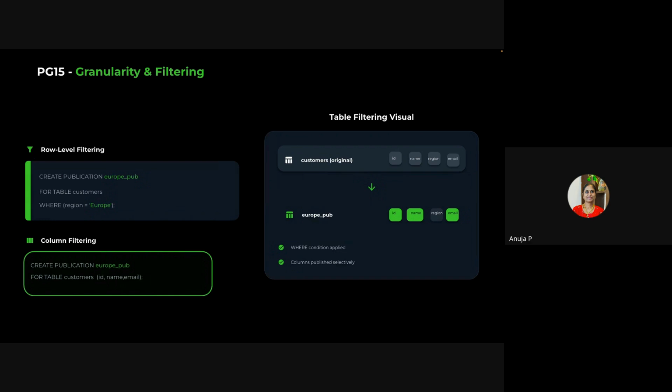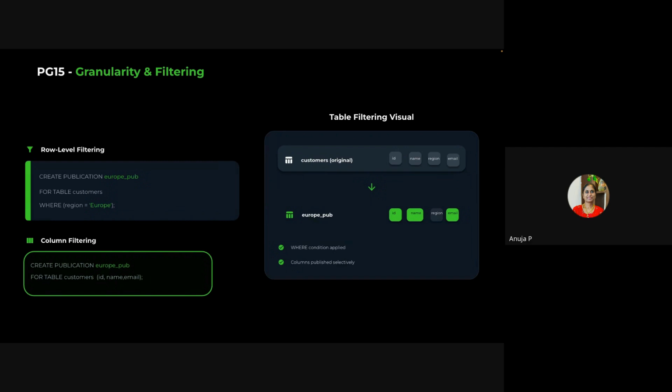Now came row level replication and column level filtering. In a particular table called customers, I have a column called region. I want only the rows where the region matches Europe to get replicated or streamed to my standby. Yes, I can do it by mentioning a WHERE condition along with my publication.